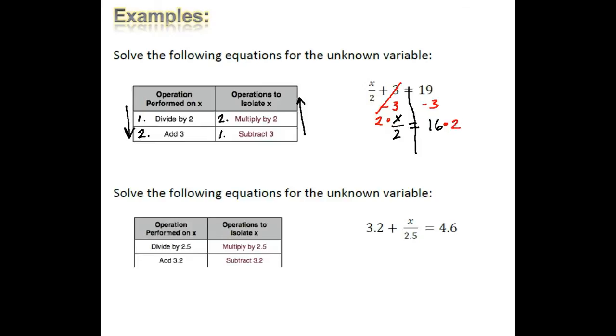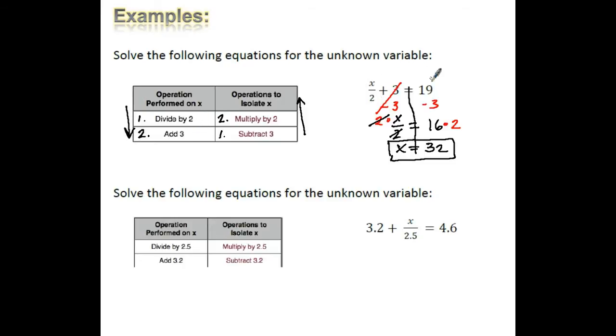The 2's are going to cancel. And so x equals 16 times 2. So x is going to equal 32. Again, when you have solved your answer, check it by plugging it back into the equation. So now I'm taking my answer, plugging it in, and I'm not doing this operation. I would take my 32 and divide it by 2, and then add a 3, and it should equal the